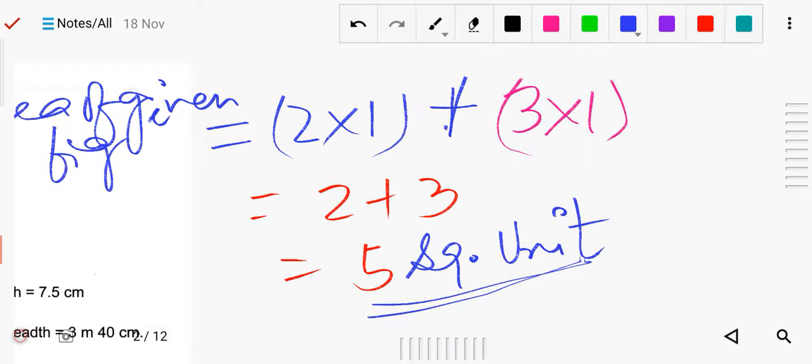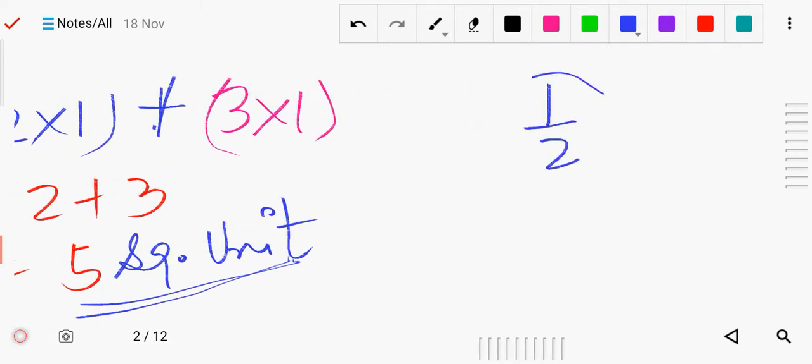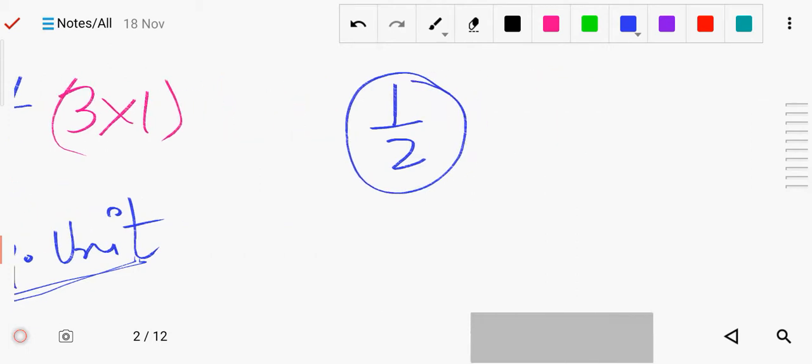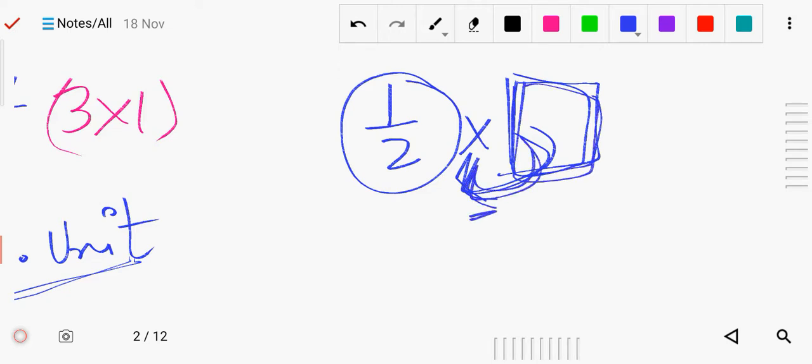Here what you have to do is take the complete ones, the full ones, as one, and count them. Then after that you have to take the more than half. And those that are exactly half, you also have to take, but that will be multiplied by half only. Whatever the area of this box is given, of that you have to take the half.